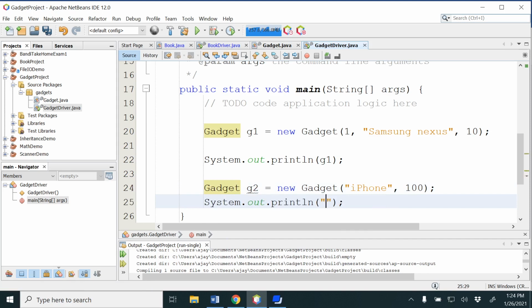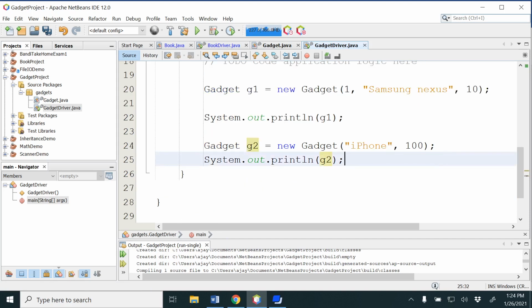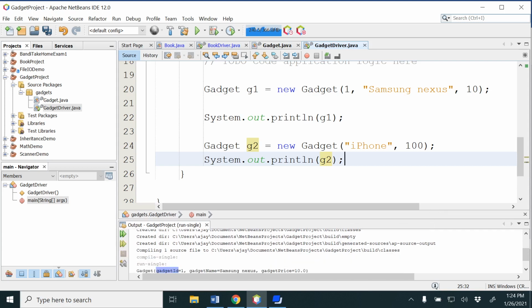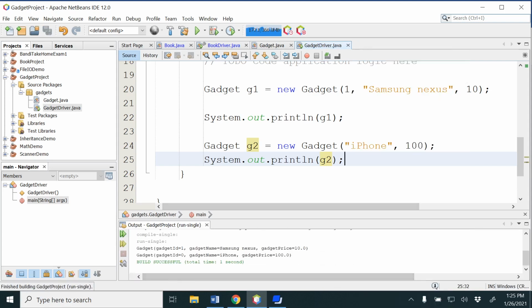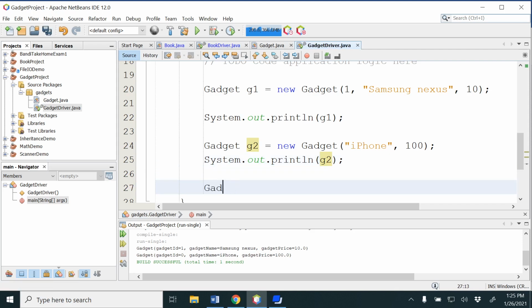And then I'm printing this G2. So remember, in our toString, whenever we call G2, it automatically calls G2.toString. So in our toString, I have 3 different variables, right? So now what you would be able to get is the default value of integer, which is nothing but 0. Okay, so if you are calling something and you didn't provide it there, you would get that. And now